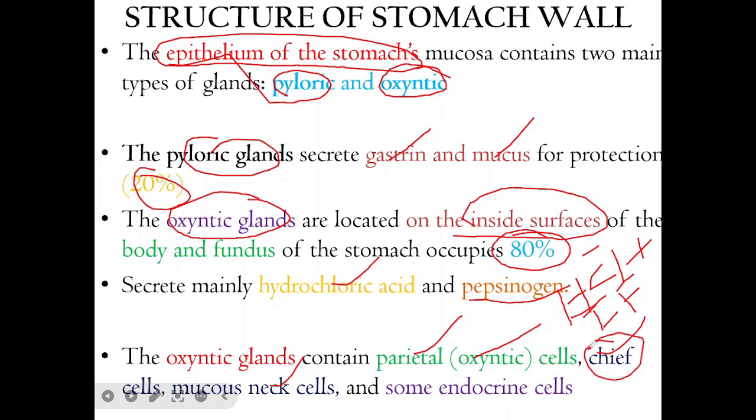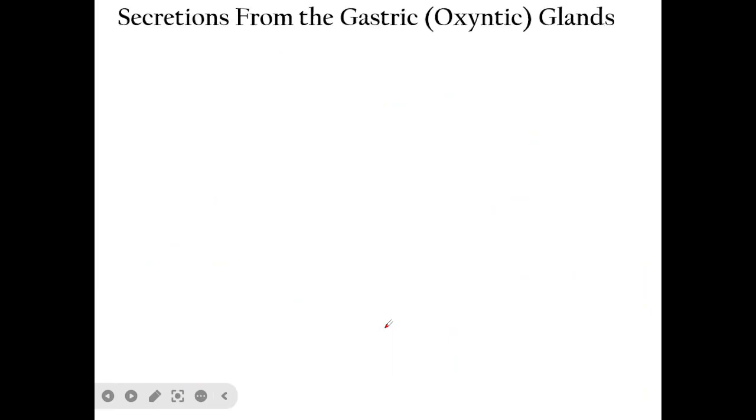pepsinogen የተባለ ኢንዛይም ያመርታል which is a proenzyme inside the stomach, and the other one is the mucus neck cell, mucusን ያመርታል and some endocrine ሴሎችም ይገኛል like enterochromaffin-like cell አለ which synthesizes so-called histamine ያመርታል ማለት ነው። So this is the way how we can categorize the secretory cells inside the stomach into two ማለት ነው። ስለዚህ ስቶማካችን ውስጥ ያሉ secretory ሴሎችም ለሁለት እንከፍላለን the pyloric gland እና oxyntic gland ብለን ለሁለት እንከፍላቸዋለን ማለት ነው።